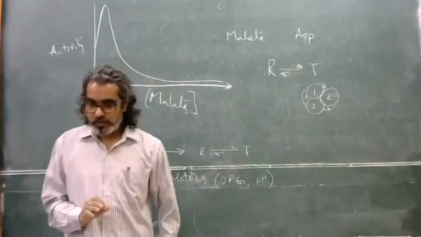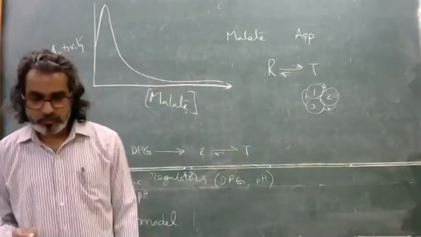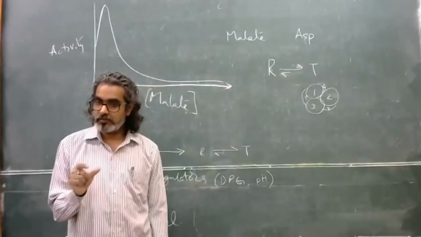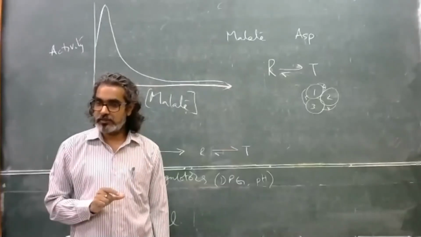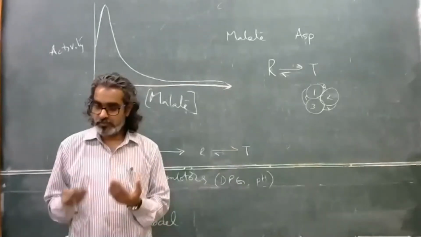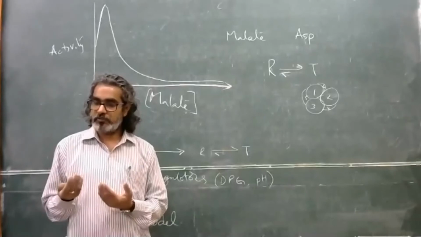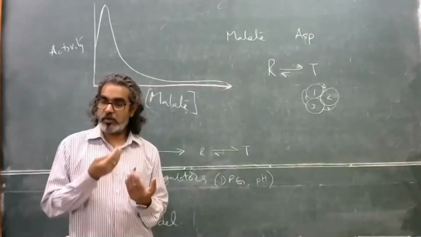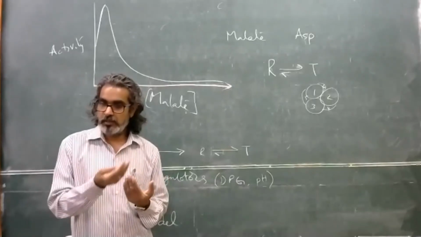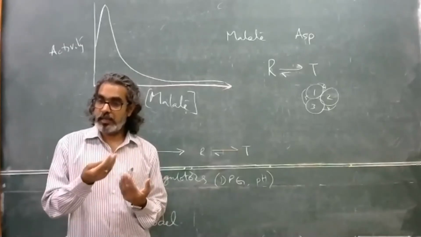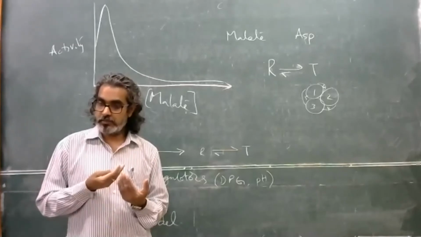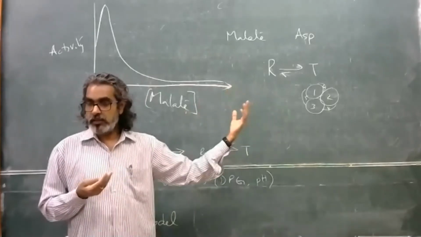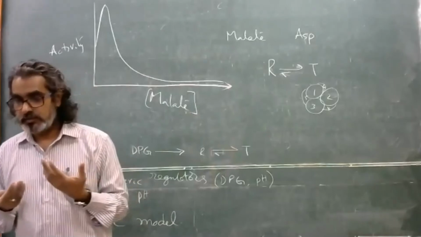So this is a very important example where all the assumptions and all the analysis that come under the MWC model can be applied, in terms of equilibrium between the different conformations, how the substrate can prefer one conformation over the other, and how the inhibitors and regulators, whether competitive inhibitors competing with the substrate, or binding at an allosteric site and regulating the enzymatic activity, or shifting the equilibrium toward either R or T, would have an effect on enzymatic activity.